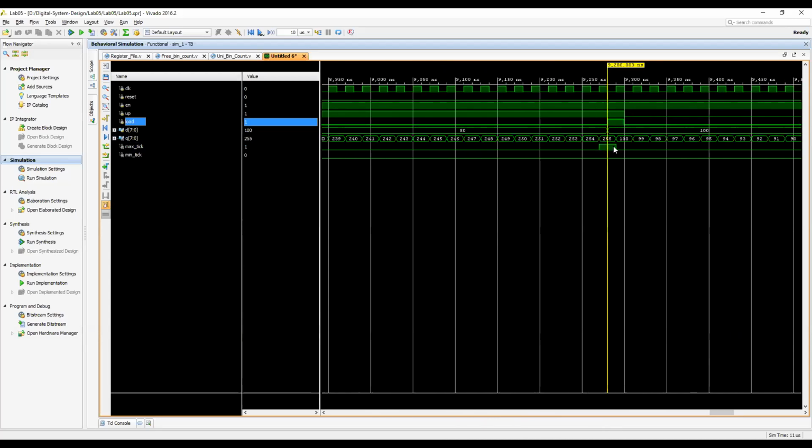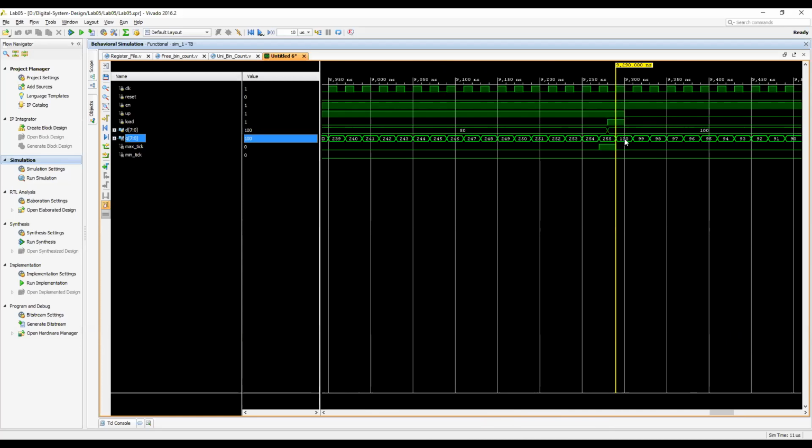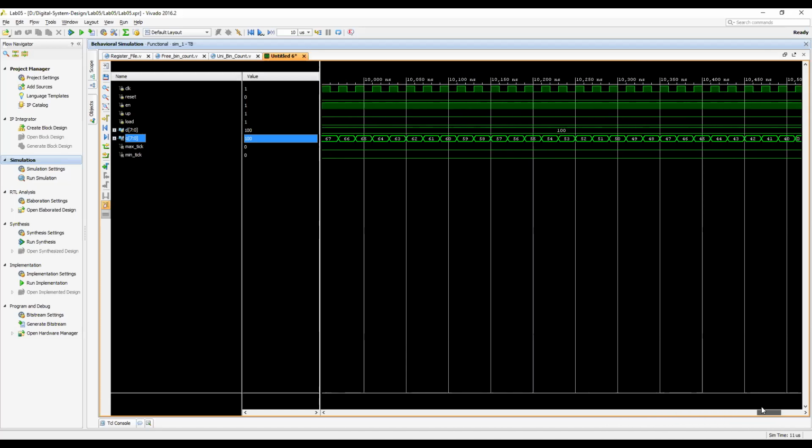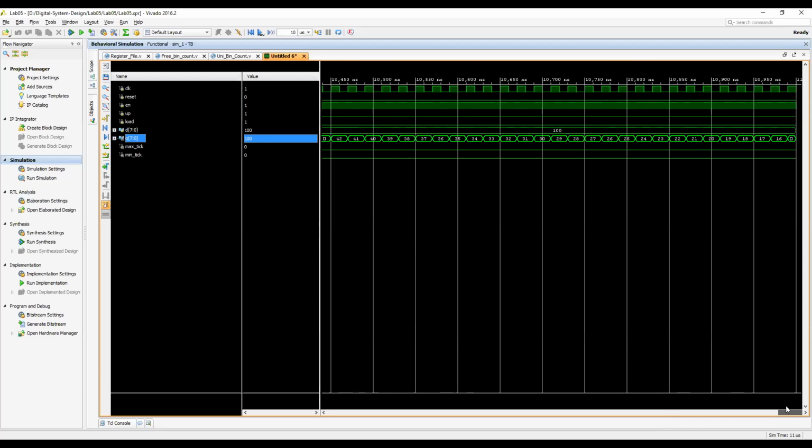So here we have started loading and down counting. We have loaded the value of 100, and then we have done down counting. It starts down counting 100, 99, 98, 97, and keeps going up to 0. Okay, here you go.